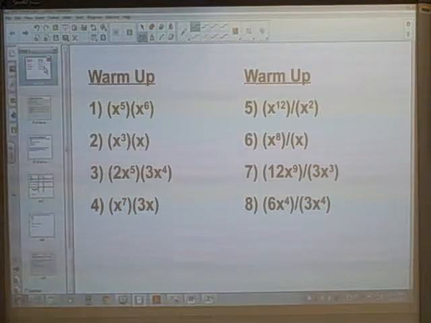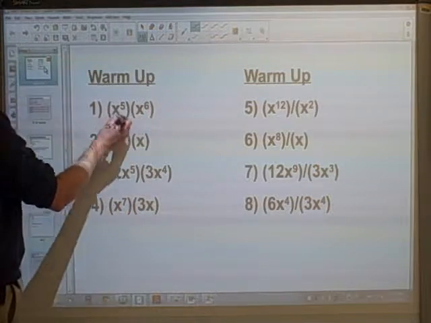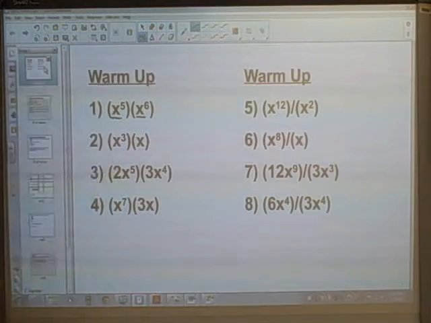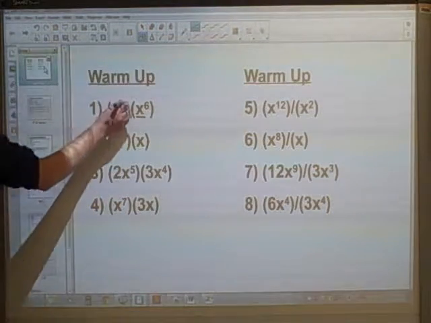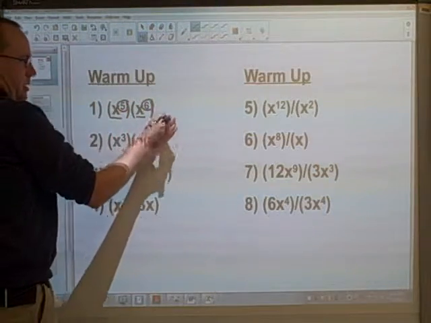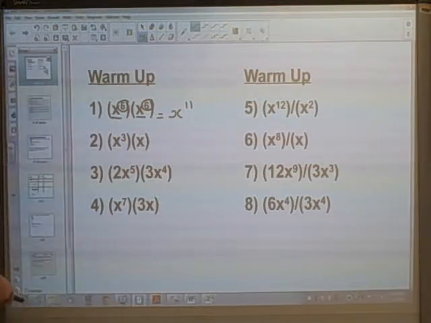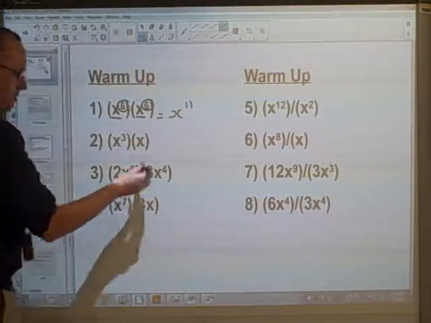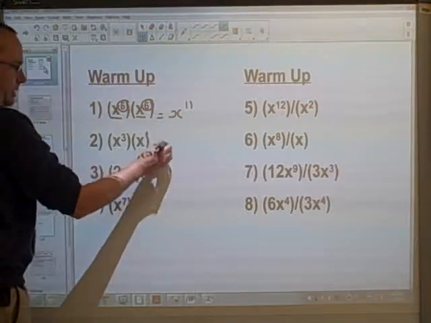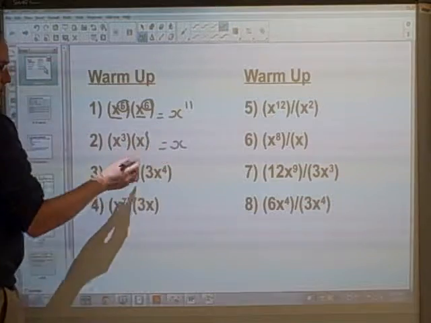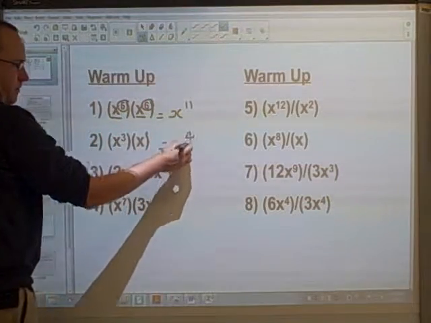look at this. So, the important application is when we're multiplying things with the same base, and by base I refer to these things here, what we do is we're going to add the exponents together. So, we say what the base is, and then we add the exponents together. Now, if there is no exponent, then we have to know that that means that it's to the power of 1. So, as these questions are both x, I'm going to put an x, and then 3 plus 1 is